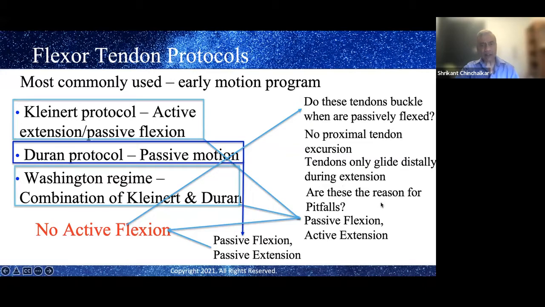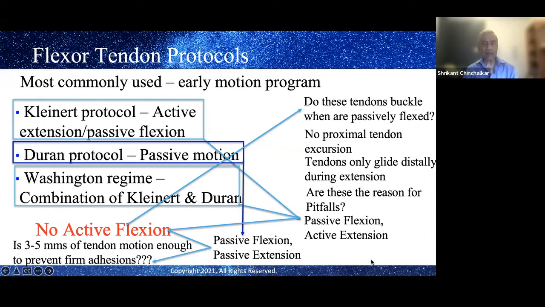And then the tendons don't glide because there is no active motion whatsoever. So as we see, Duran mentioned in his paper that 3 to 5 millimeters of tendon motion prevents firm adhesion formation between the tendons and the fibrosis sheath. Then the question arises: if there is no active flexion, and we are relying only on passive